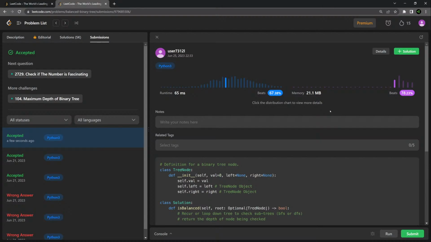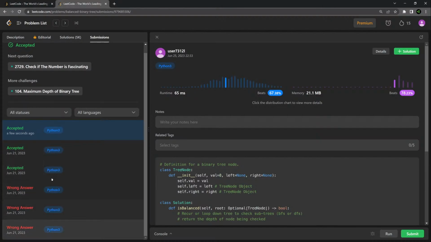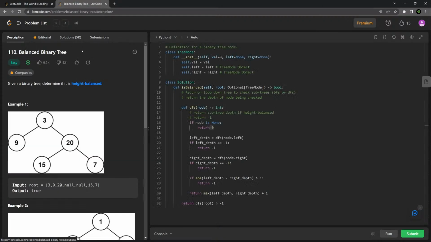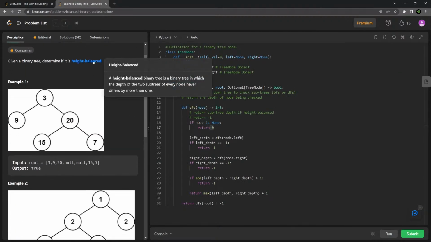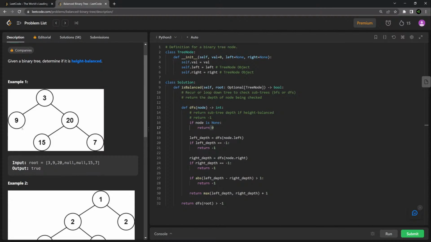So I did this on the 21st, which is about 4 days ago. And it looks like I did it wrong a few times. And that was mostly because, we'll take a look at those other results, but I had the height balance. I was trying to check for a complete tree, which means that the left side is filled up before the right side and that there's only one layer of depth